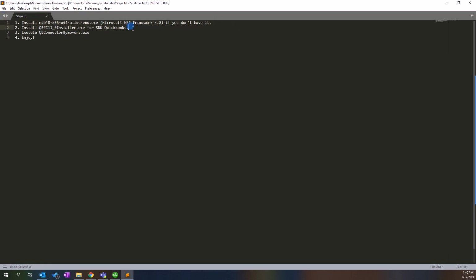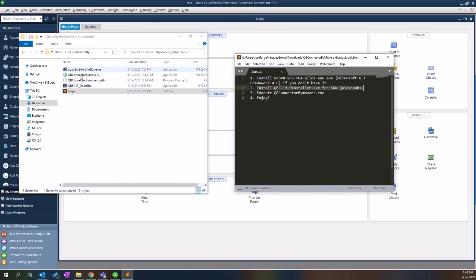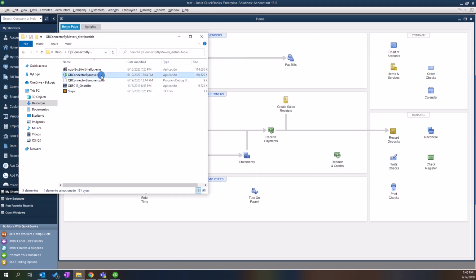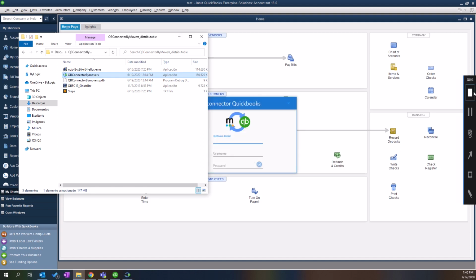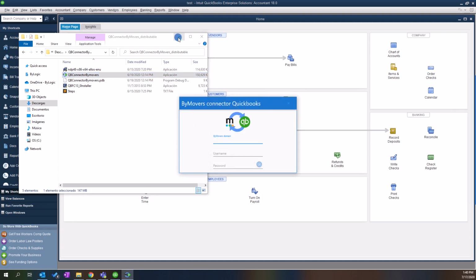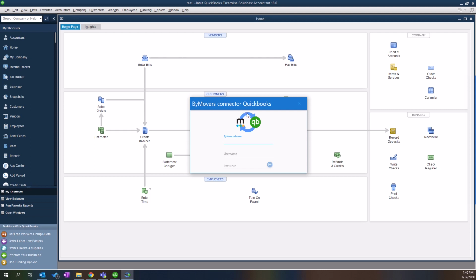Once we open the QuickBooks Connector, it's going to ask you for some information. The first one is the domain we want to use, which of course corresponds to your byMovers domain. In this case, we are going to enter Demona, a test domain that we have for North America. And it's going to ask you for your username and password. It's exactly the same that you are using for